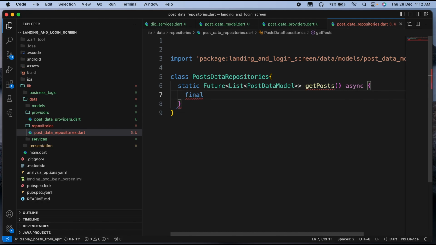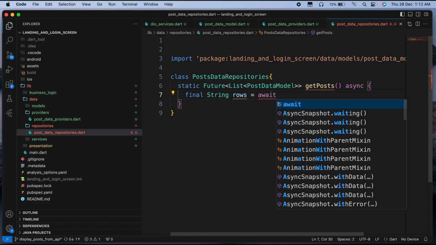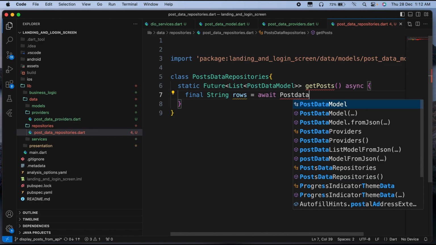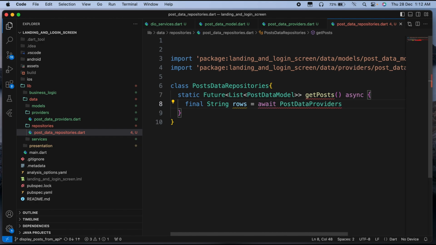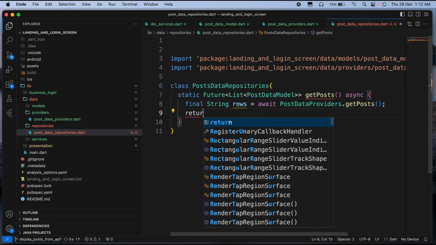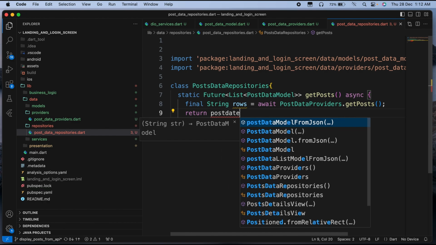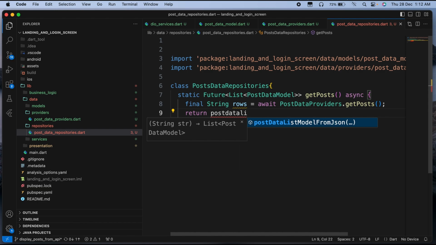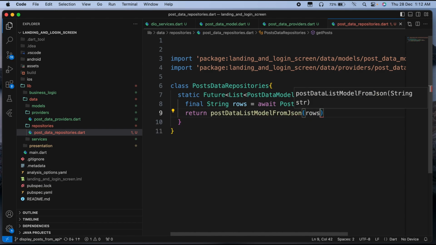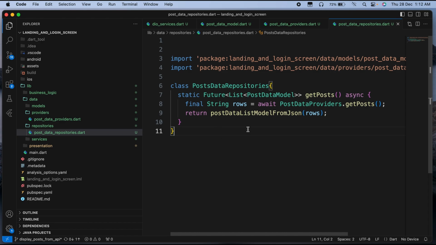So let's say final String rows. Okay, posts data report providers, actually, and here let's say getPosts. So just below here we can now use our function, the PostDataListModel fromJson, rows. Yeah, like this. So guys, what happens here is that we are just converting this data that is coming